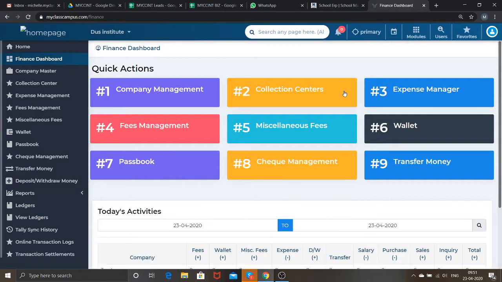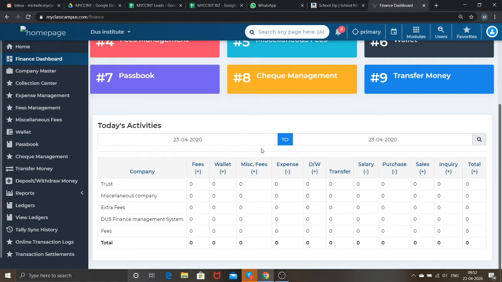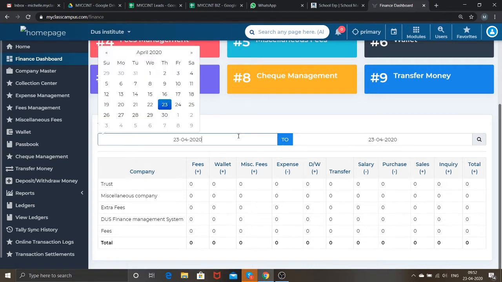So first of all, the main screen shown is the finance dashboard, where you get all the main features of it, like company management, collection centers, expense manager, fees management, miscellaneous fees, wallet, passbook, check management and transfer money. Also down there is a column of today's activities where you can just click on the following months